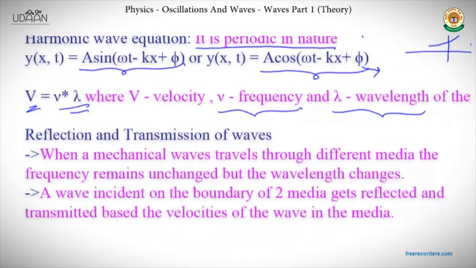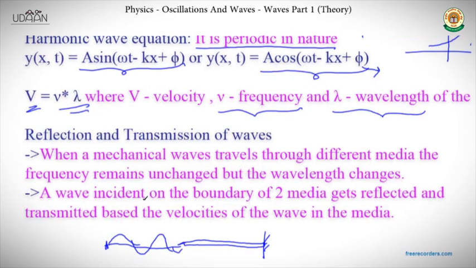So now we'll see how reflection and transmission of waves works. For example, take a rope. Take two ropes with two different thicknesses, mass densities, anything, which is connected to the wall. So if I give a pulse at this end, or let's say a wave, which is more familiar,